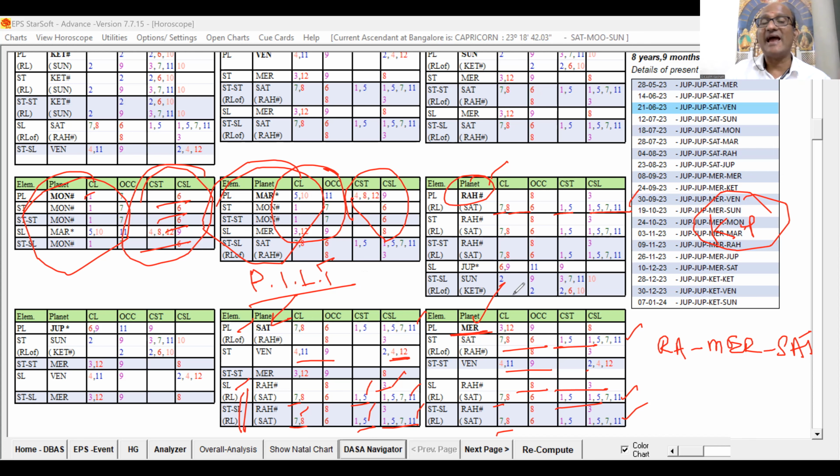The planet will act differently under one bhukti, under one dasa. One person will get married in one dasa and bhukti, and the same bhukti can give separation under another dasa. One person will get a job in one bhukti and antra, and the same antra can give a loss of job under some other bhukti. How planets give their results differently according to their dasa, bhukti, and antra, that is called PILT, planetary interlink.